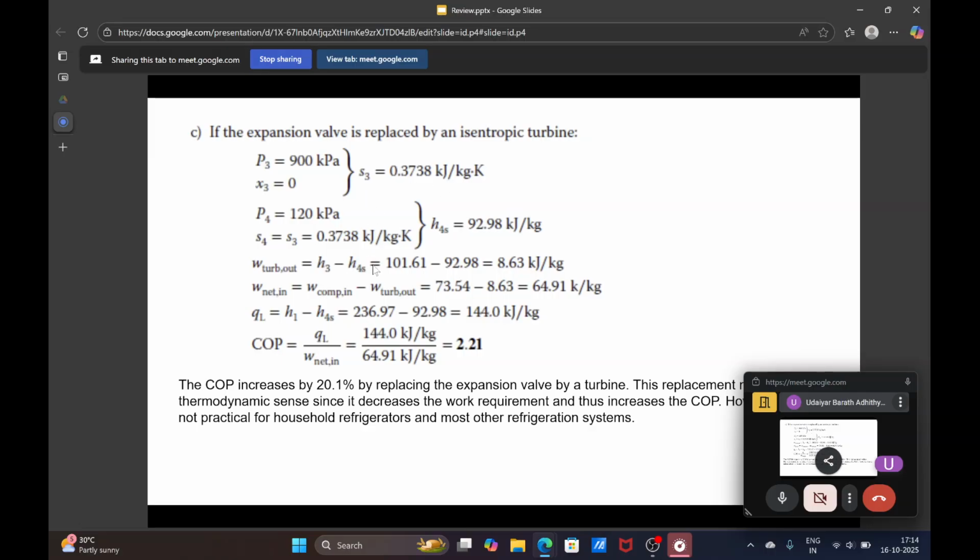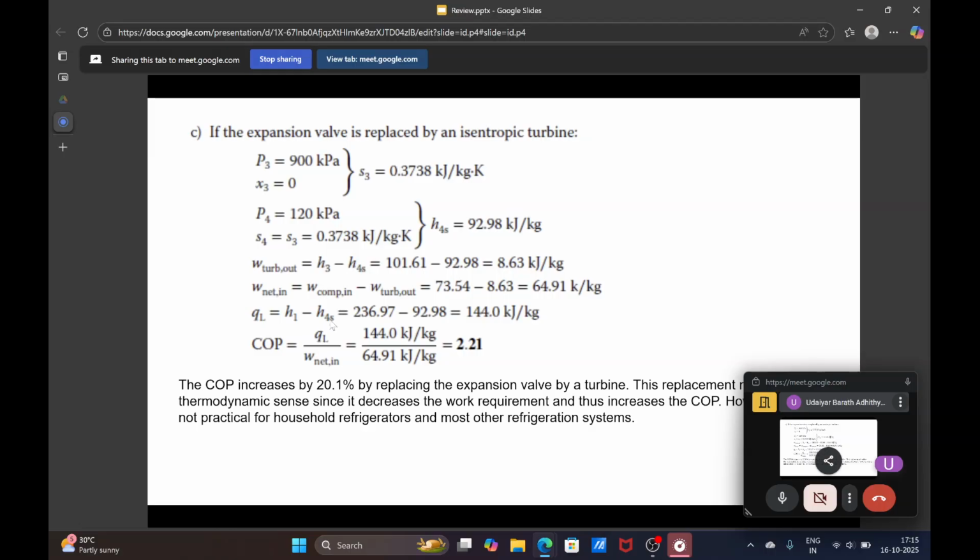So for the same cooling capacity requirement of 5.275 kilowatts, you will require a lower mass flow rate in this case. So the COP is now QL by W net, which equals 144 by 64.91, giving you a COP of 2.21. So what has happened here is, replacing the valve with the turbine has caused a lower work input because you are recovering part of the work in the turbine. So your net work